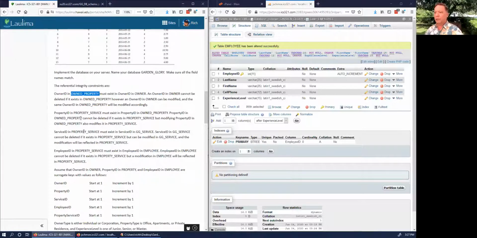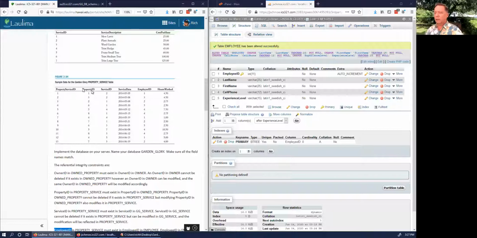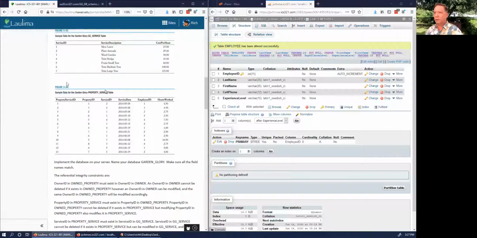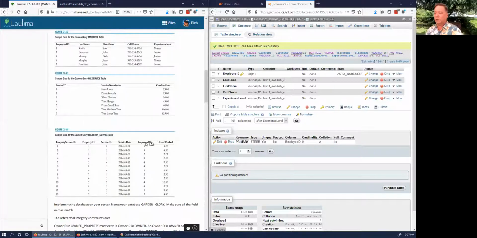foreign key constraints, and basically it's property ID, service ID, employee ID. This one is a foreign key into the property table. This one is a foreign key into the service table, GG service, and this one is a foreign key into the employee ID table. So let's go to property service,